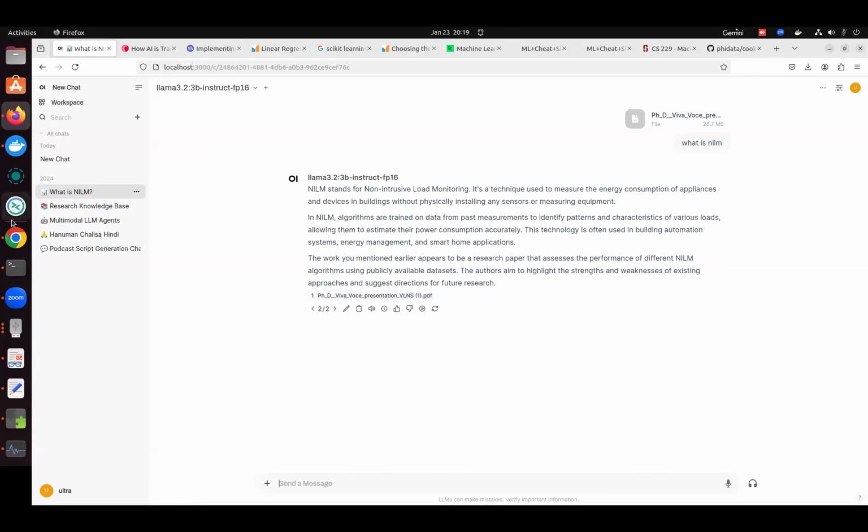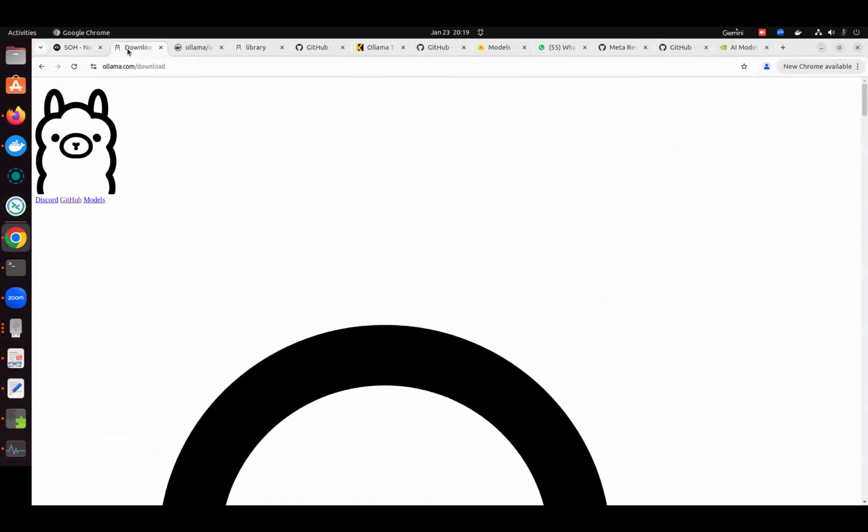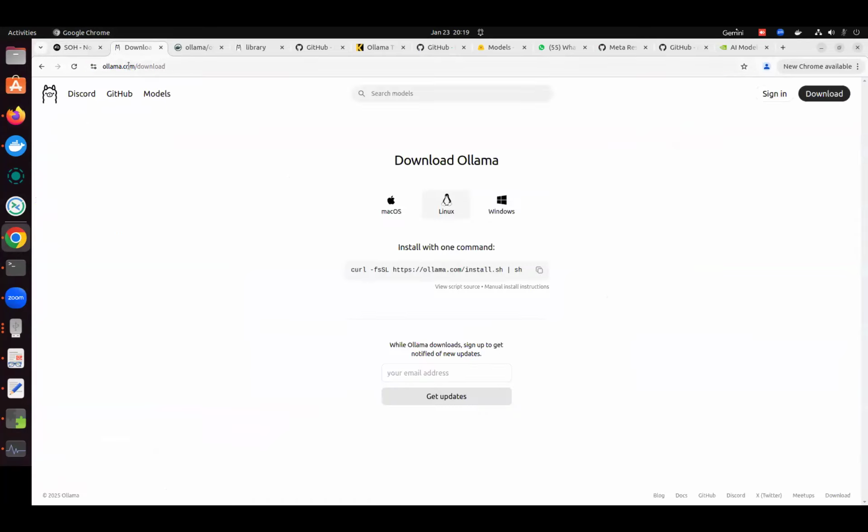If you want to do something like that on your machines with 16 GB RAM or 32 GB RAM, what I'm using is something called Ollama. If you want to install Ollama on Linux, it's a very straightforward, simple instruction. If you go to your terminal and drop this,